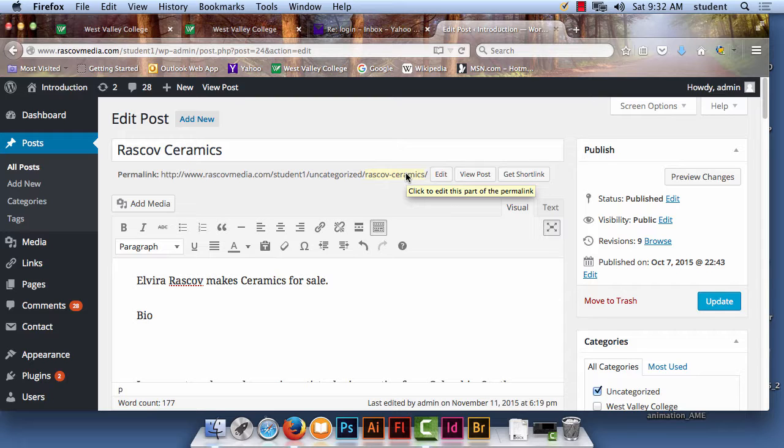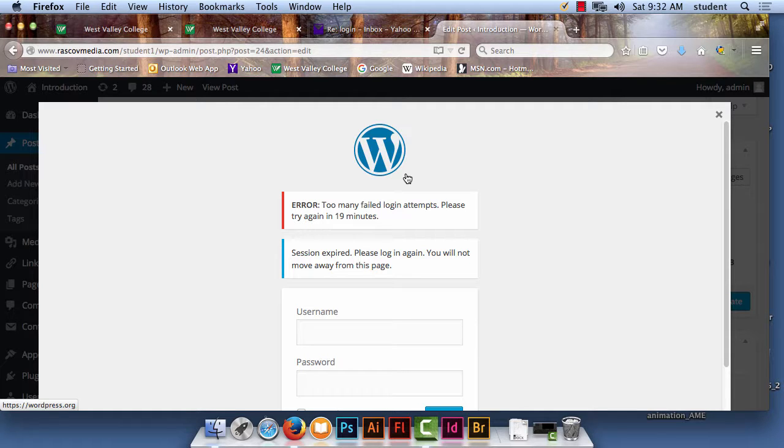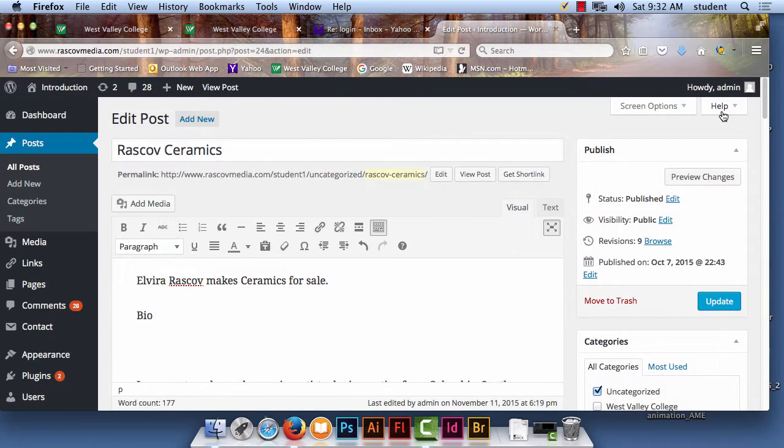It automatically puts in the name that you put up in the title up here. See how it says Raskoff Ceramics up there, right? At the title, it's going to automatically put that in there, and it puts a dash in the middle. That's the standard way of naming your file. But again, you can change that. And the reason why you might want to change that is, of course, for search engines, because the search engine is going to use that word to categorize your web page. And so as we talk about SEO today and how to get in search engines and things like that,